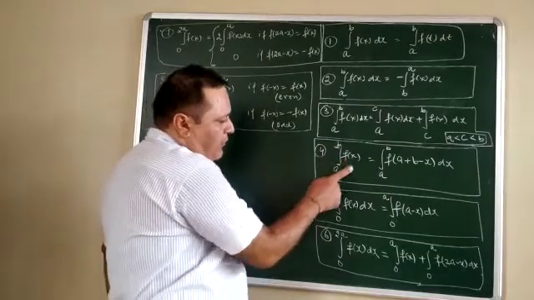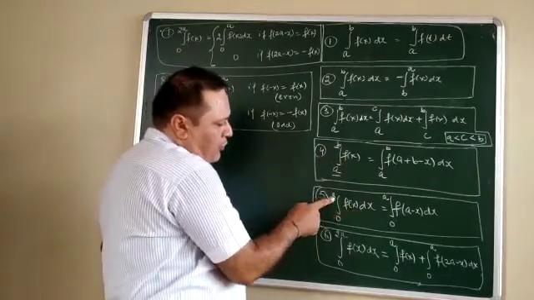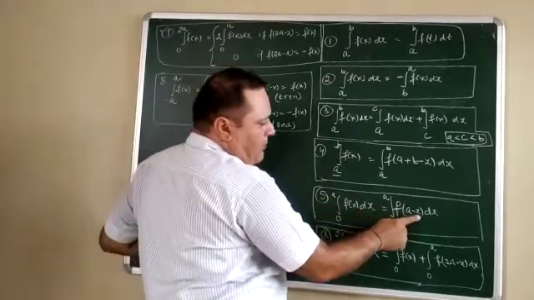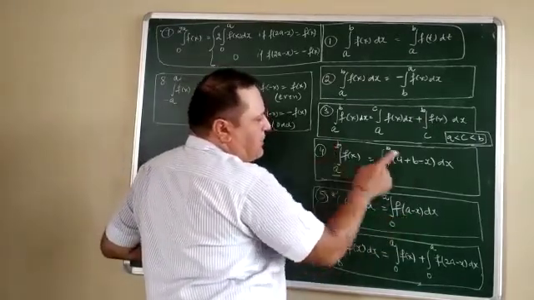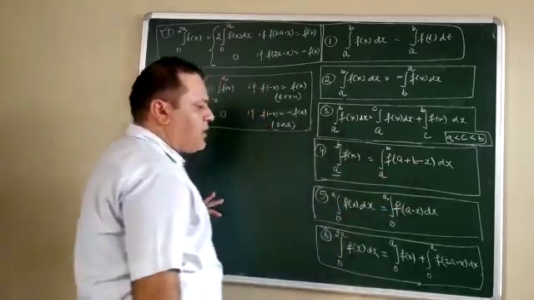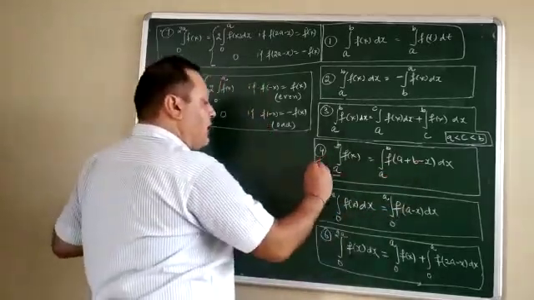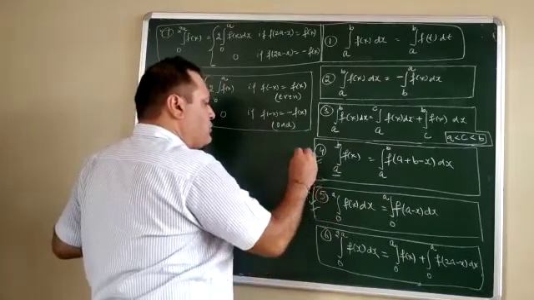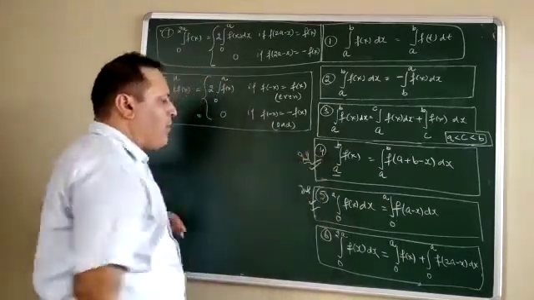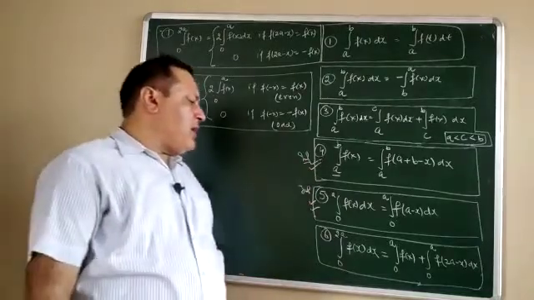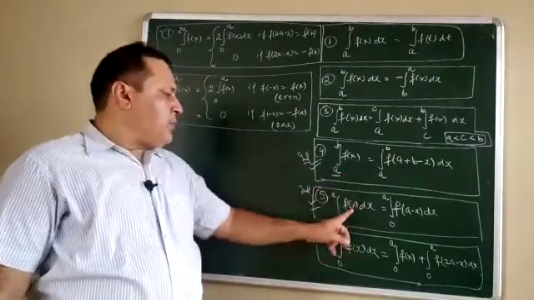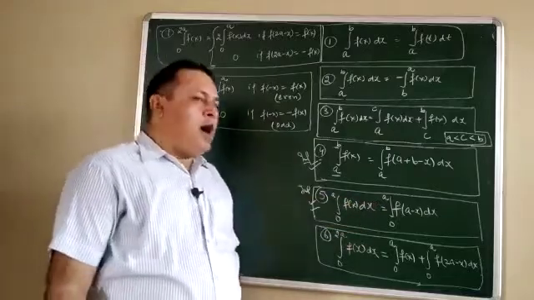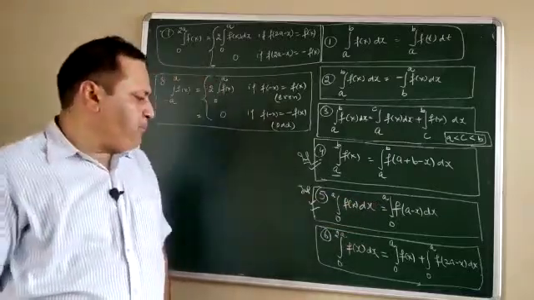If you see f of x dx from 0 to a, if we go for addition of 0 plus a, that is equal to a minus x. In this, it is a plus b minus x. So the same properties are there, but these properties are quite important because we use them the most. Property number 4 and property number 5. So these are the properties, especially in the case of power. When we discuss the questions, then we will tell how we can apply these properties.